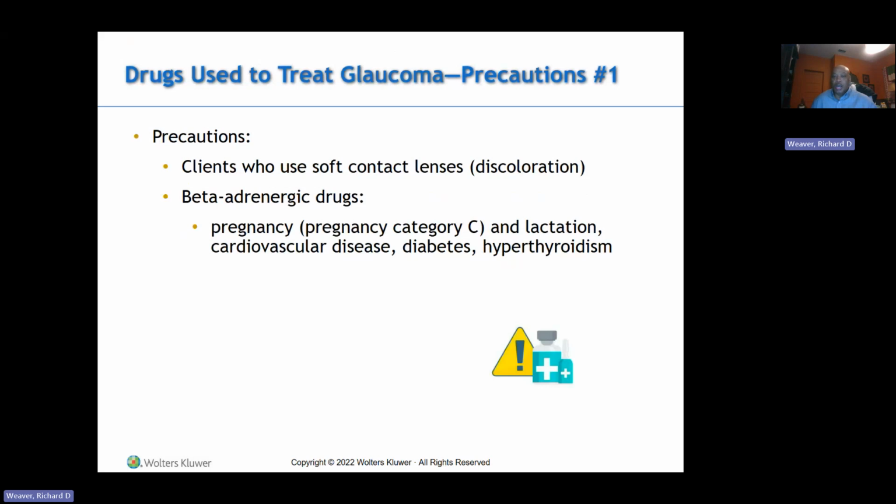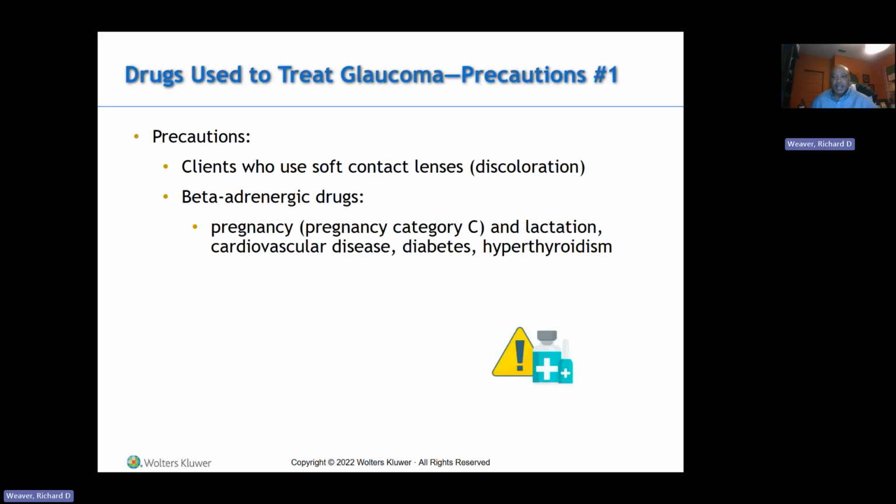These drugs tend to lower the heart rate, but remember, in hyperthyroidism, the heart rate is usually increased, and that increase would possibly alert the patient that, hey, my hyperthyroidism might be out of control, right? But they wouldn't know that, because this drug that they're taking to treat their eyes might be suppressing that heart rate, and so they don't know that their hyperthyroidism is out of control,